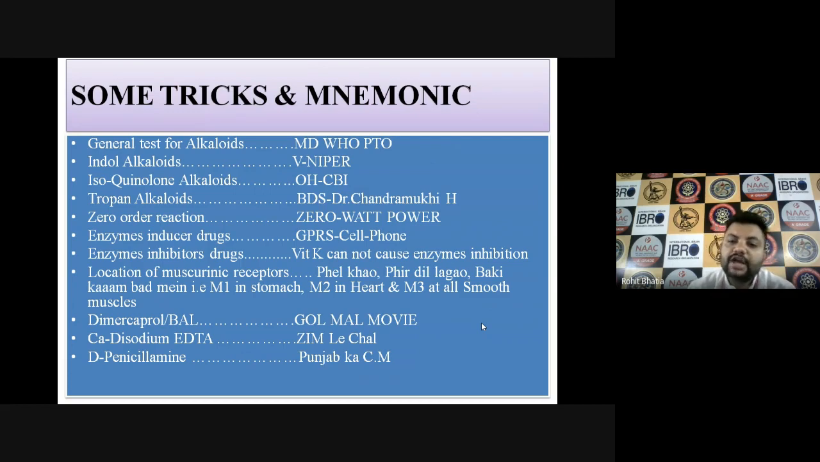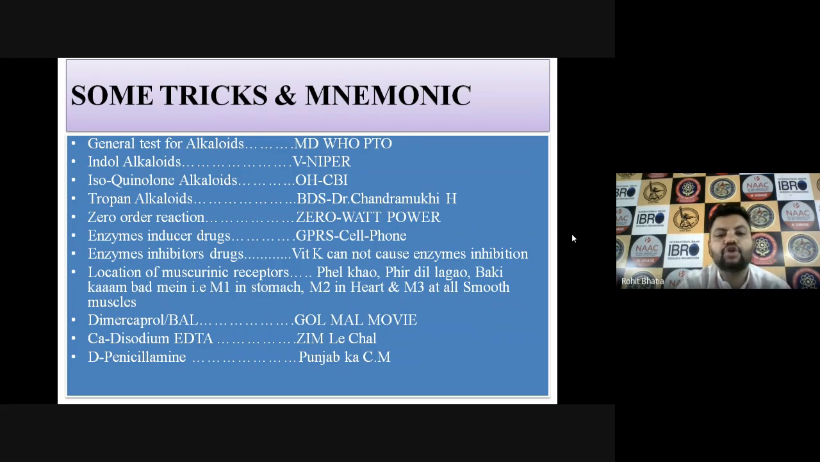For this, you can prepare a simple trick like MD, WHO, and PTO. In MD, M stands for Mayer's reagent, D stands for Dragendorff reagent, W stands for Wagner's reagent, H stands for Hager's reagent, P stands for picric acid reagent, and so many other tricks you can prepare